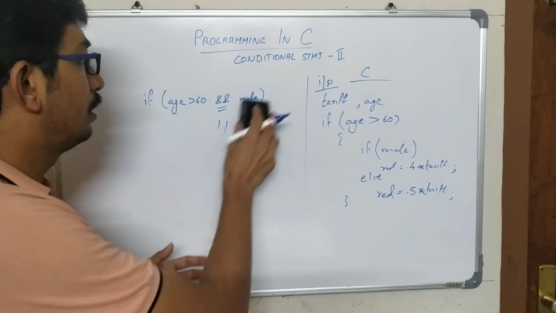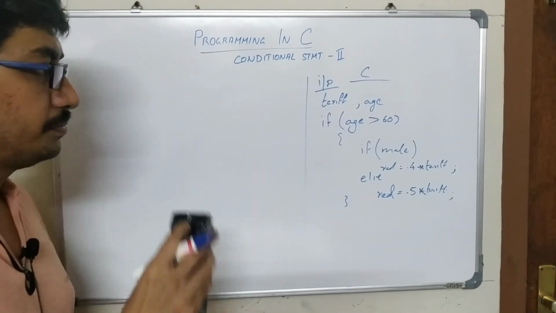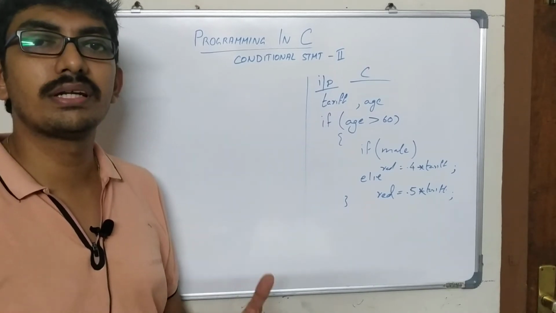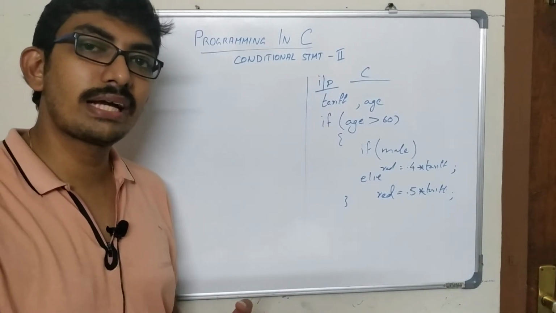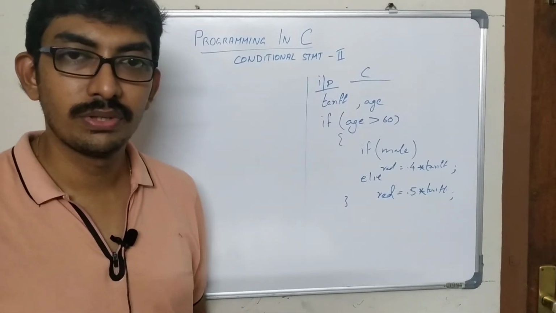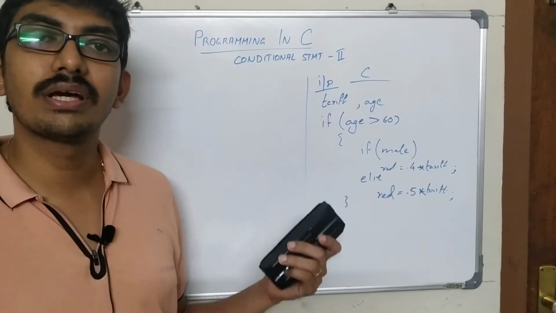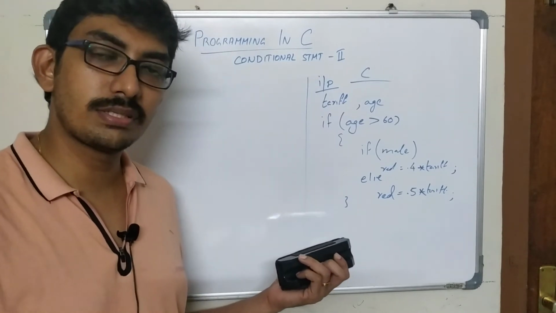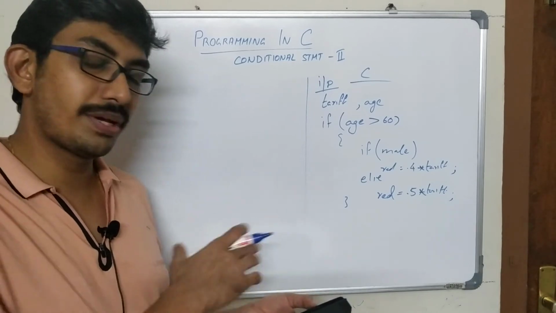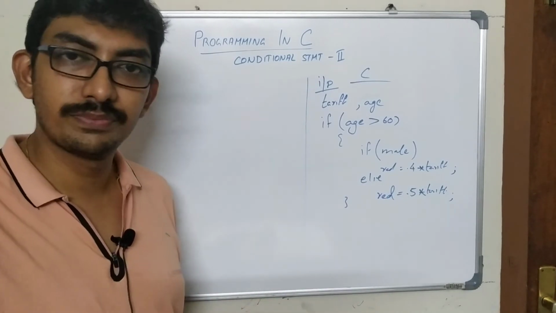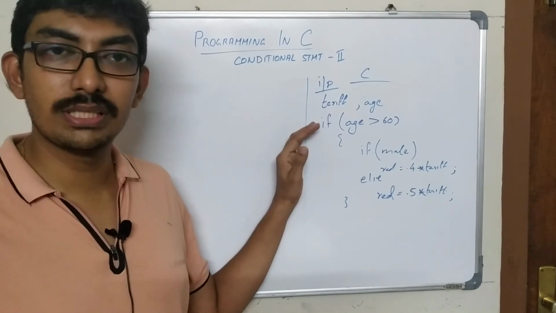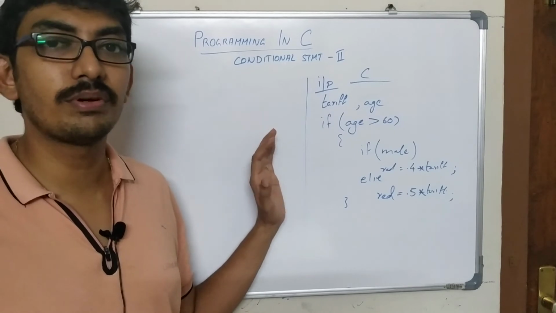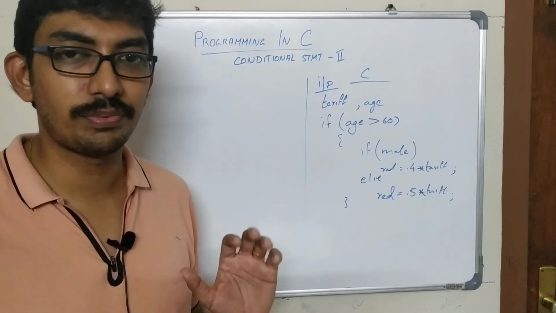Okay, so for the time being we will leave this. Here we are considering only this thing. So in real life scenario, there will be conditions where we will be doing an action based on more than one condition. So in that case, again we can use the if structure. For that we may be using a nested if structure, or we can use a compound if structure, or we can use an if else if structure. Okay, I am not focusing more on the syntaxes and more on the if structures, because I already told you I will be focusing more on programs and how to develop the logic for programs. Okay.